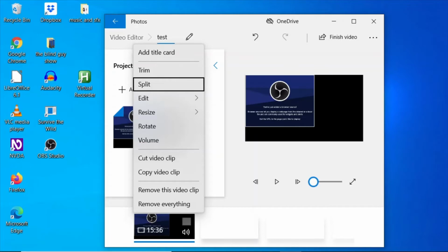So let's say I want to either remove the beginning of the clip, or split and then make another split and delete that scene as if I was scrubbing out a section of the video. So I'm going to